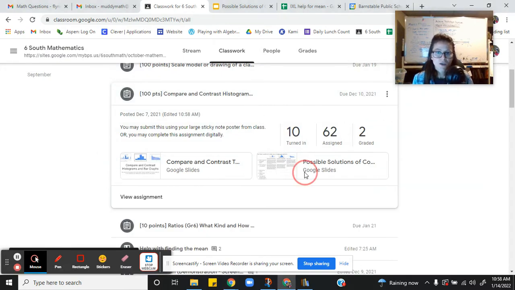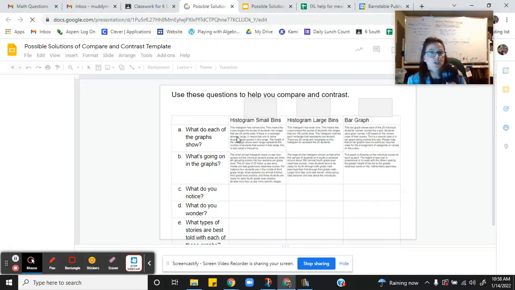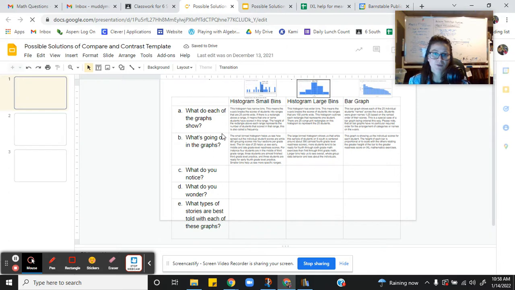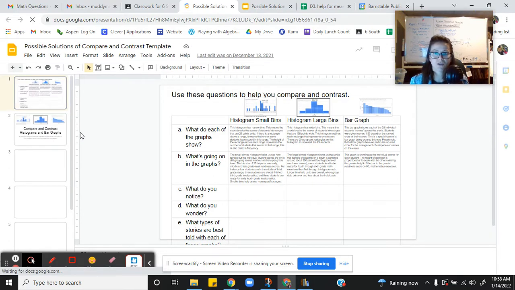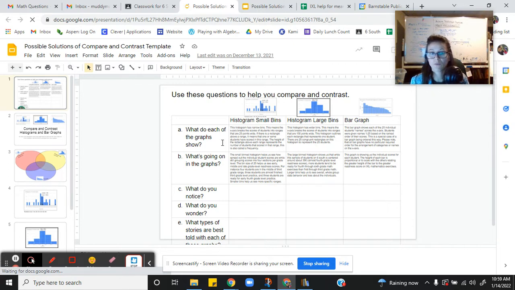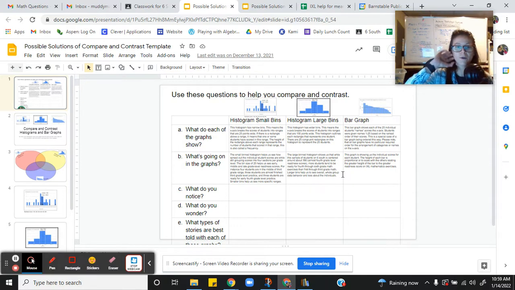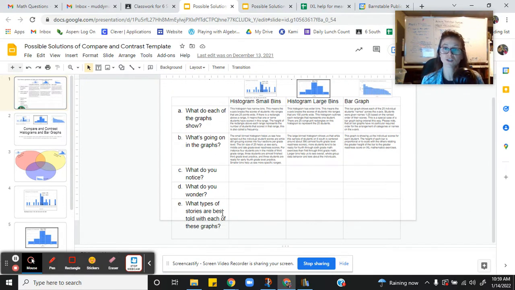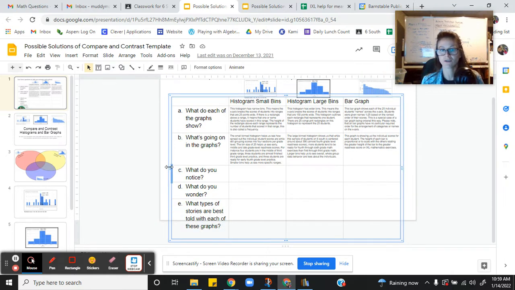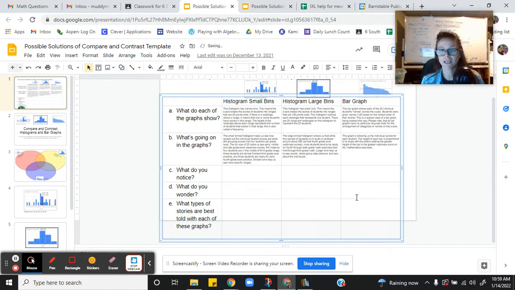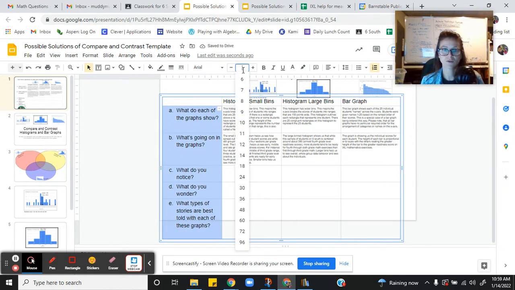Okay. I'm clicking the possible solutions because this was created to help students get started if you didn't know what to say in your videos. So I have the first 2 rows of what is the graph showing and what's going on. These are the most mathematical parts of it. The noticing and wondering you can get very creative with. And what story does it tell? The last C, D, and E all seem to be things that I have full confidence that you all can do without me. The first 2, I thought I'd give you all some guidance